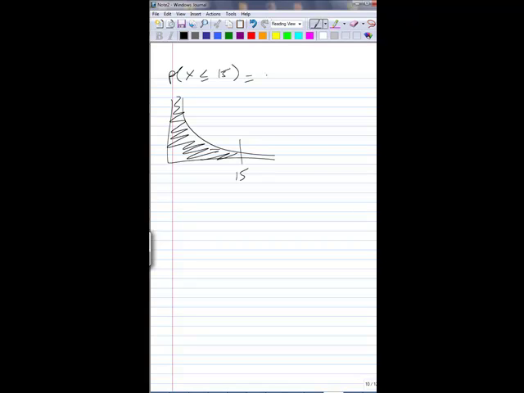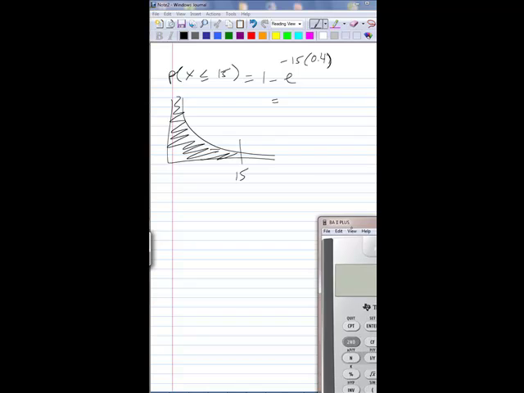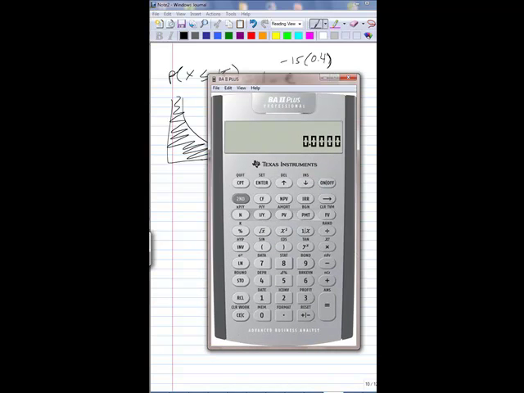Again, using our 1 minus e to the negative 15 times 0.4, we get 15 negative times 0.4 equals, second function natural log, which is 0.0025, but I want to subtract that from 1, and